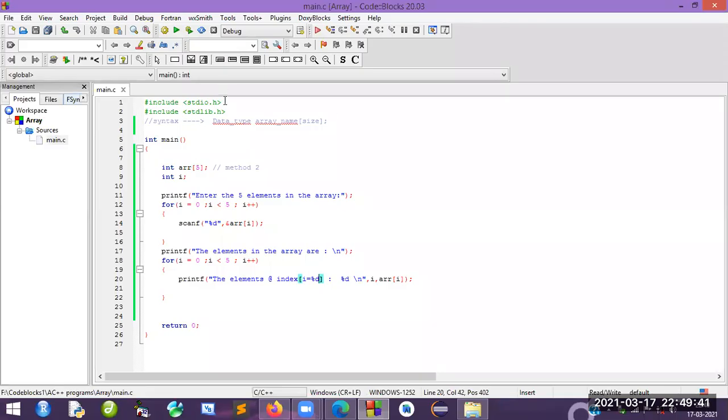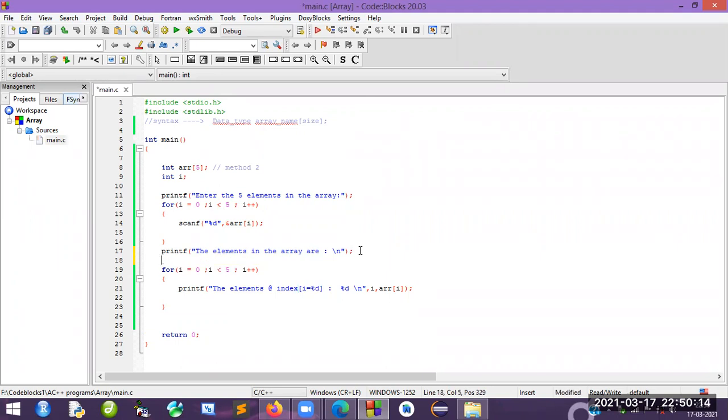There is another method, you can see how to initialize the array. Integer ARR of, I declared the size, that is 5. Here I have taken the iterator variable I. printf, enter the 5 elements into the array. For I is equal to 0, I is less than 5, I plus plus, scanf. Using scanf, I want to collect the elements from the keyboard. Percentage d, ARR, address of ARR, I. Then I will print the elements here. I will make one more thing, printf for